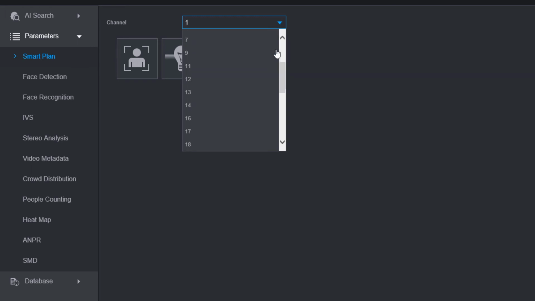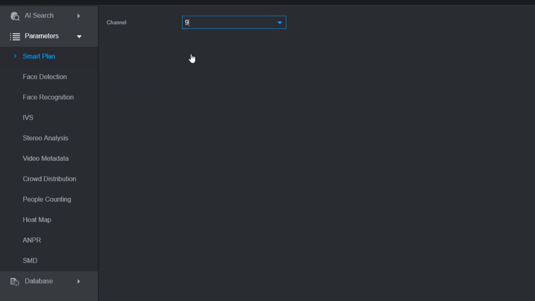So face recognition requires face detection also. So they're two separate functions. My face recognition channel is going to be channel 9, so that's where I want my face detection to be enabled. And it's blue, that's what we want. If it wasn't, it'd be unhighlighted like that. We need to click on it to highlight it. Then we click the OK button down the bottom,